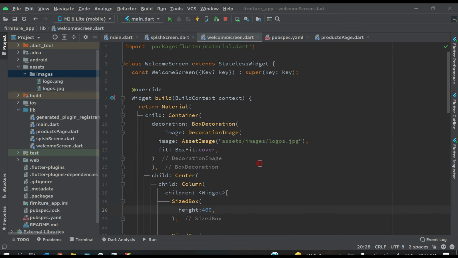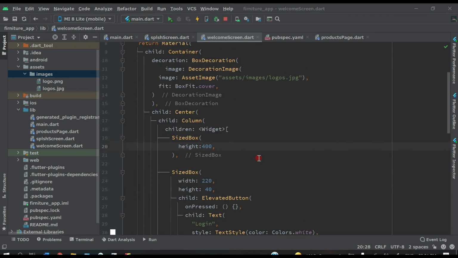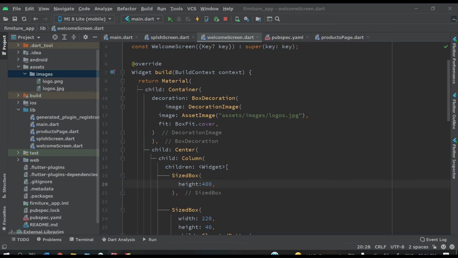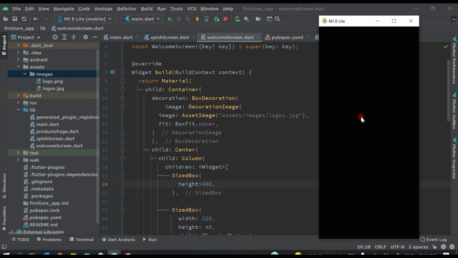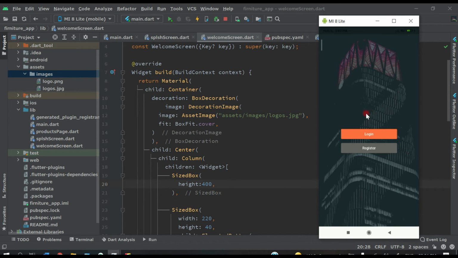So now we have to add this image, logo, above these two buttons we need one logo here of this app. So here we will add one logo.